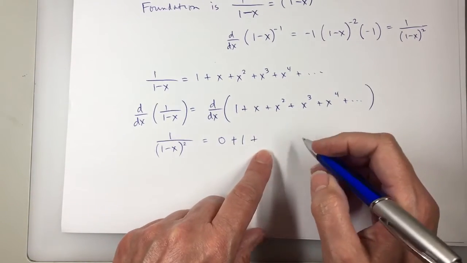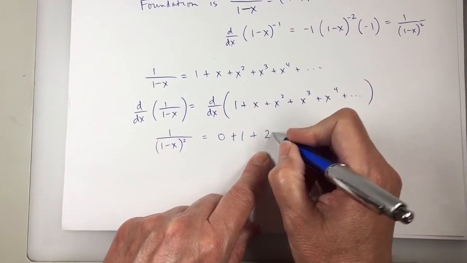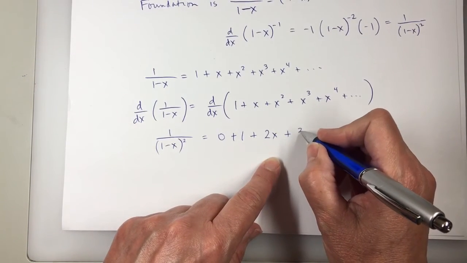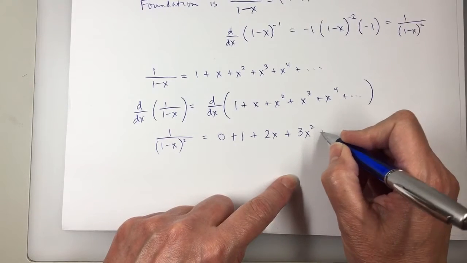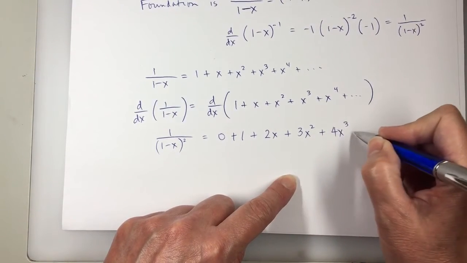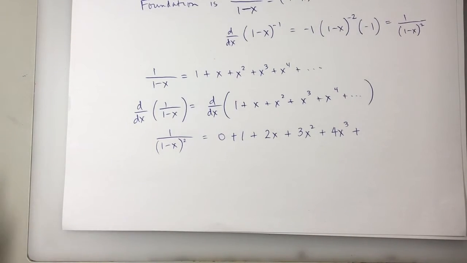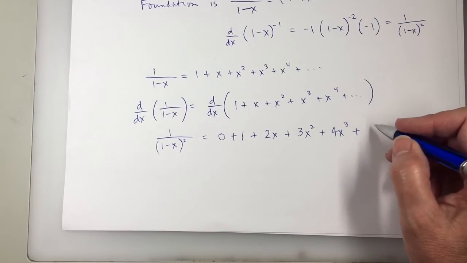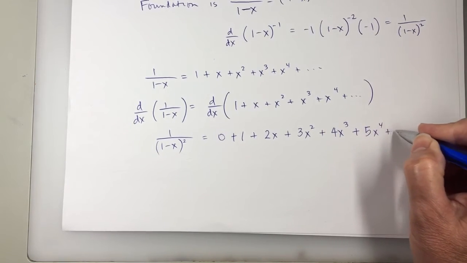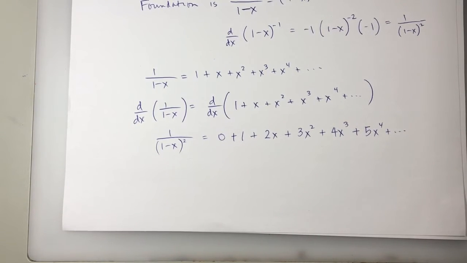The derivative of x squared is 2x. The derivative of x to the 3rd is 3x squared. The derivative of x to the 4th is 4x cubed. I didn't write the next term. It'd be x to the 5th, and its derivative is 5x to the 4th. So there's the power series. Now, if I want to write it in summation notation,